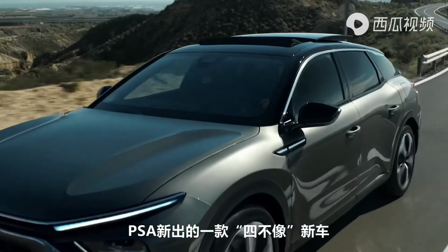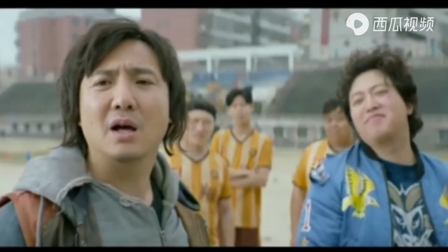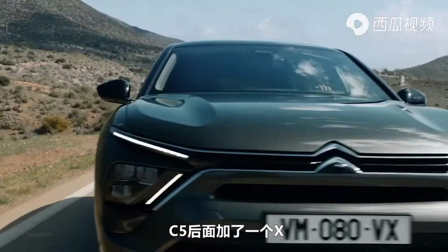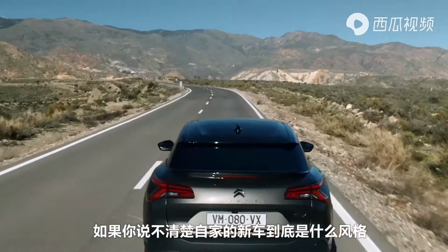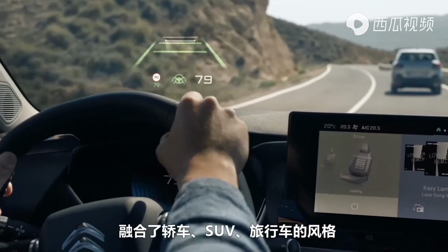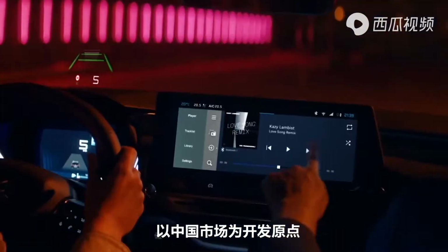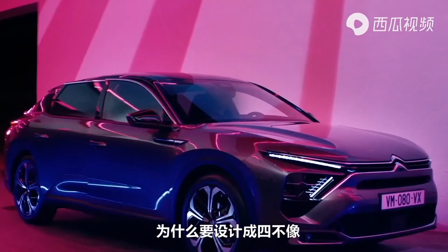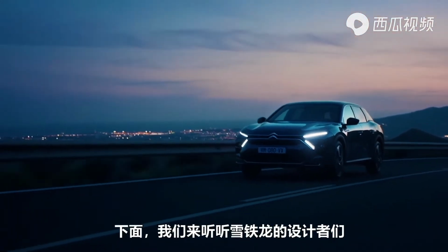PSA 新出的一款4不像新车，它就是 C5X，中文名叫凡尔赛。6月7日下线，8月开始预售，9月正式开卖。凡尔赛到底有多凡尔赛？其实它真的很凡尔赛。不装了，我是亿万富翁，摊牌了。从名字就能看出 C5 后面加了一个叉，好比把一辆传统3厢轿车给插了一把。这个叉可以理解为年轻化、运动化、轿跑化，或者随便什么化。这也给其他车企上了一课。如果你说不清楚自家的新车到底是什么风格，那就干脆在名字里加一个叉。它的设计是如此独特，融合了轿车、SUV、旅行车的风格，你很难说它到底像谁。连法国本土也没有它的原型车。它大概是 PSA 历史上第一款以中国市场为开发原点，继而走向世界的法系车。为什么要设计成4不像？为什么首发要放在中国？为中国用户做了哪些迎合？它到底有哪些技术特色？下面我们来听听雪铁龙的设计者们，他们到底怎么说。